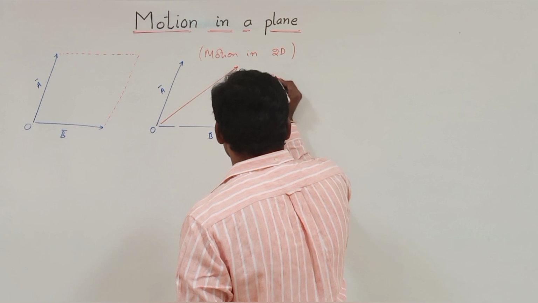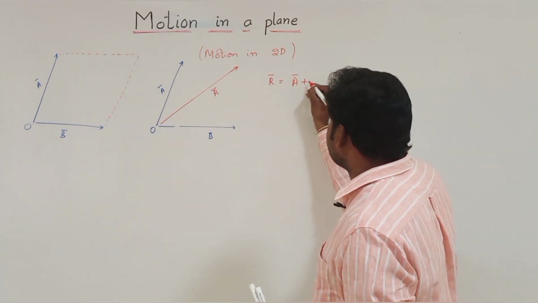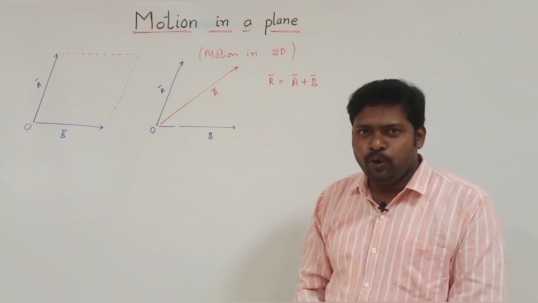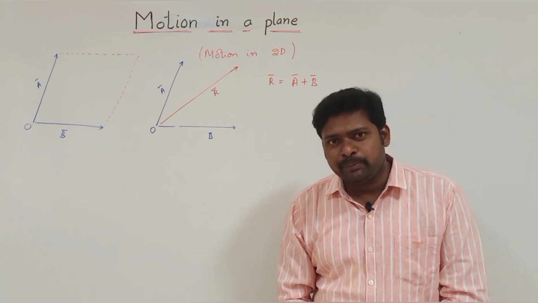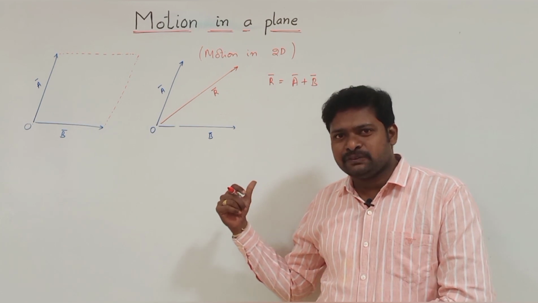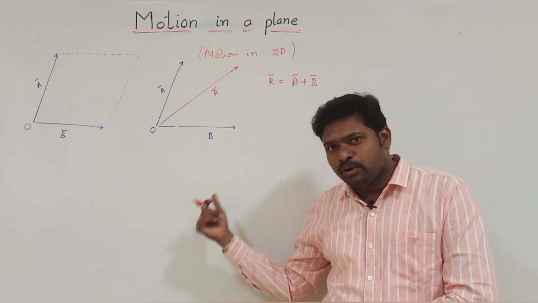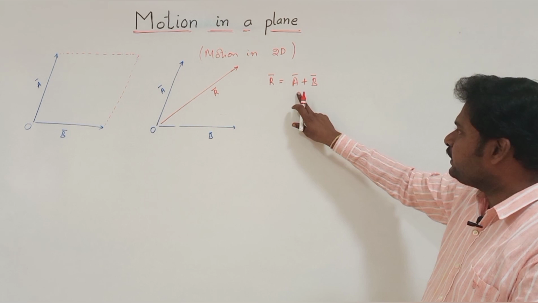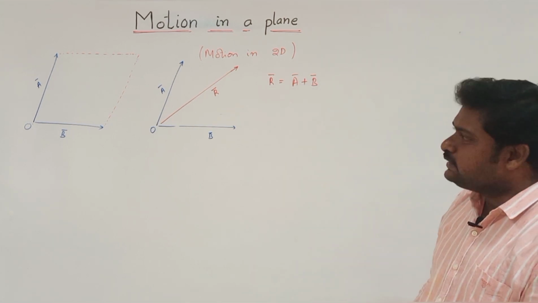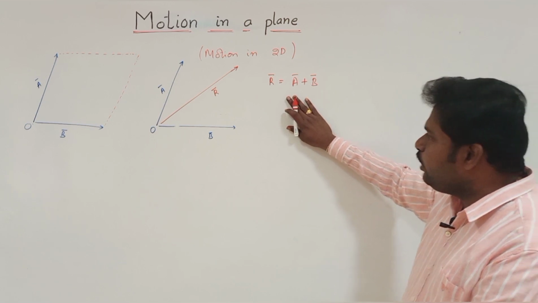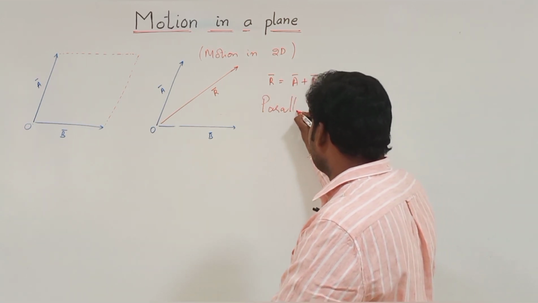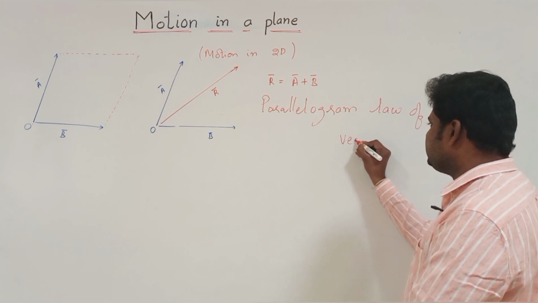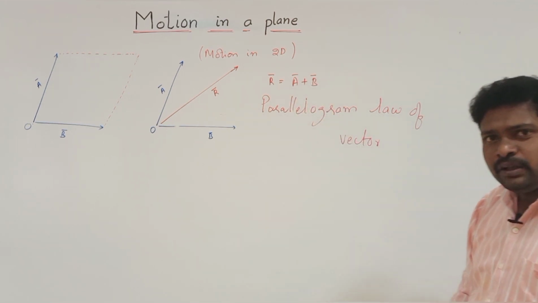Now vector R is a resultant vector which is equal to vector A plus vector B. So if the 2 vectors are started from a point O, the resultant can also be drawn from the point O. That means where the 2 vectors were started, the resultant can also be drawn from the same point. So vector R is equal to vector A plus vector B. This is a simple parallelogram law of vectors. Anyhow, we should see the proof of it, why this is taken directly